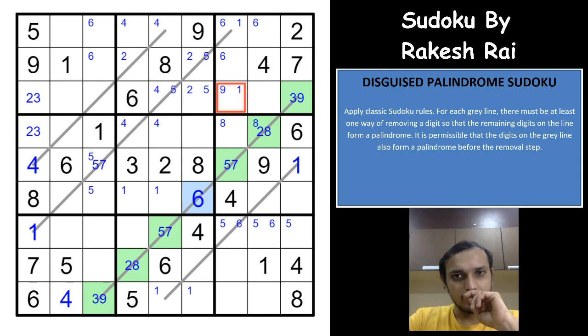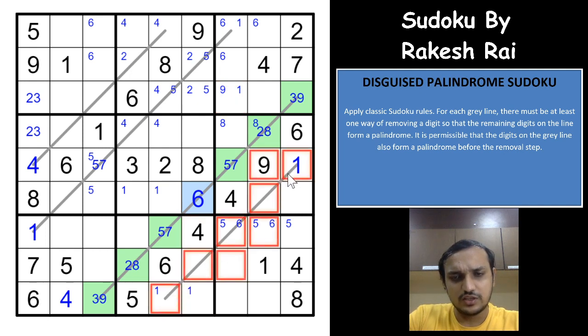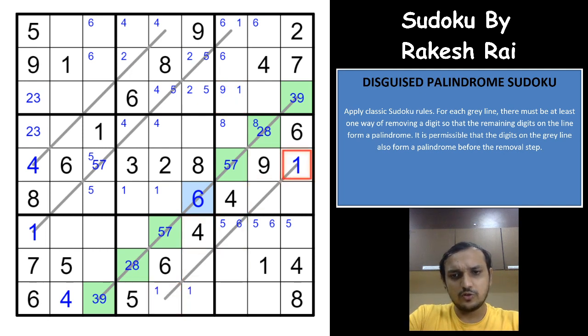Okay, so let's see. So we are not sure about the digits on this line as well. Let's see if we are able to place that. Oh, you already have a 5 here, I'm sorry. So this would have to be a 7, which means this would have to be a 7. So 7 in this box will have to be in one of these two cells.